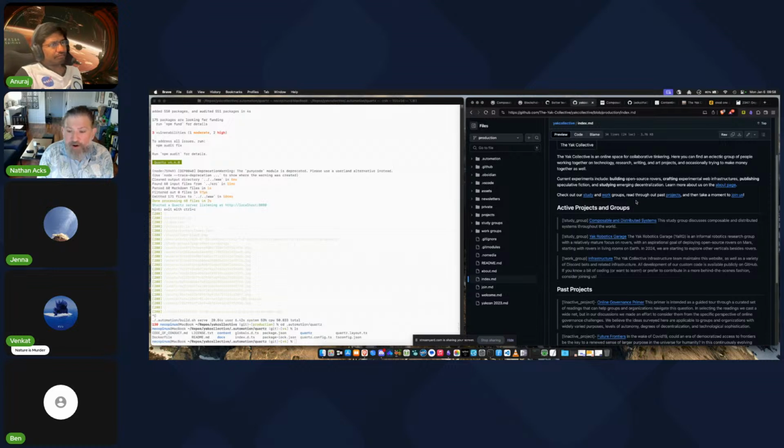Whereas something like Markdown, if worse came to worse, the internet implodes and everybody starts running Gemini servers out of their garage on little solar powered batteries, we could turn this into a Gemini website with some clever Gawk scripts.